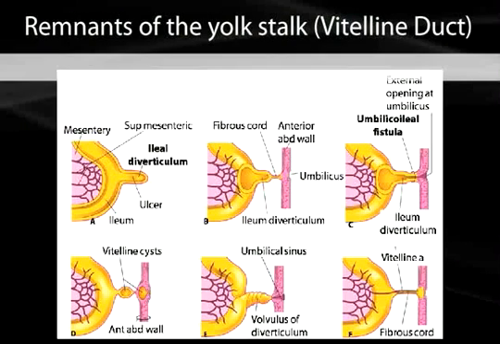What is this diverticulum? Well, it's really a remnant of the yolk stalk, or the vitelline duct. And the vitelline duct is an anchorage point of the midgut when it was attached to the yolk sac. And it can persist as an ileal diverticulum, and this can ulcerate and cause problems,